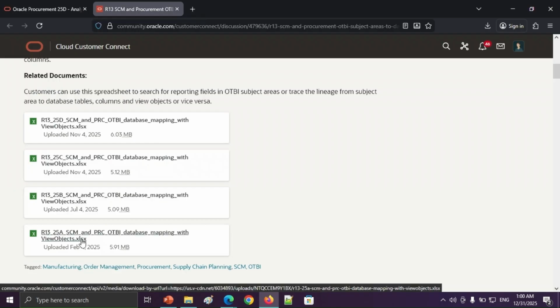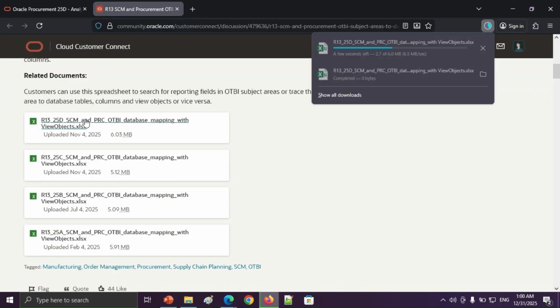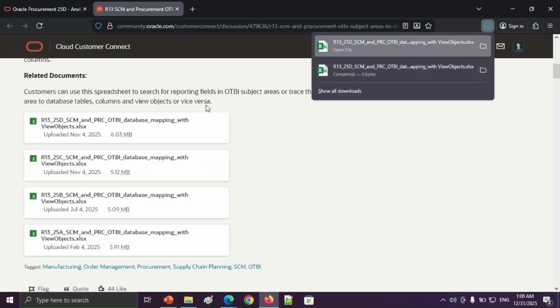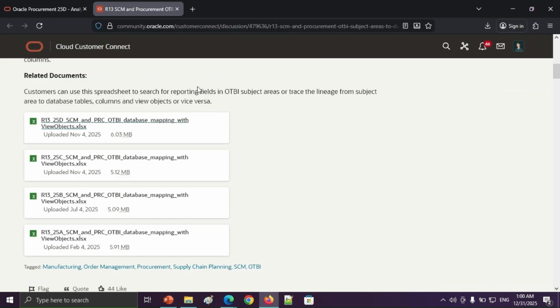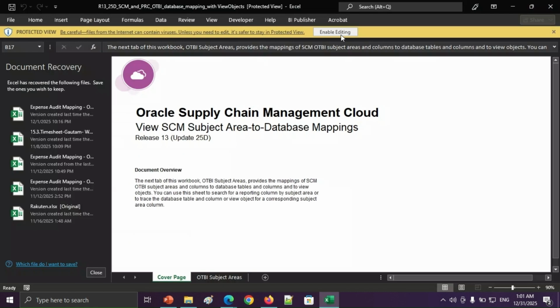So you have 25A through D. So this is the latest one. We'll download this, and then I'll show you how you can search for the table and columns. So we'll use the same example to identify the backend table for purchase order number. So this is a sheet. We'll edit it, and then